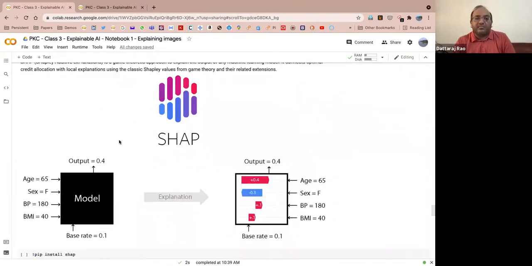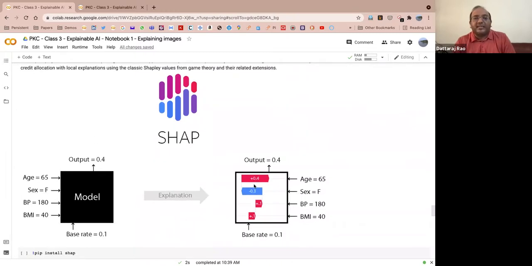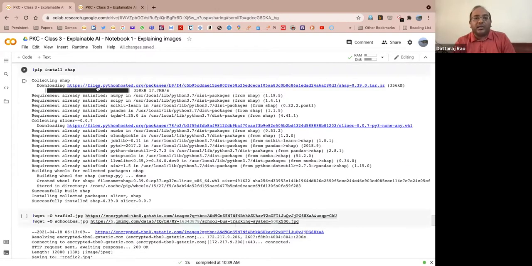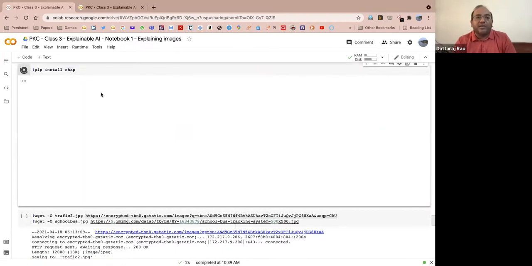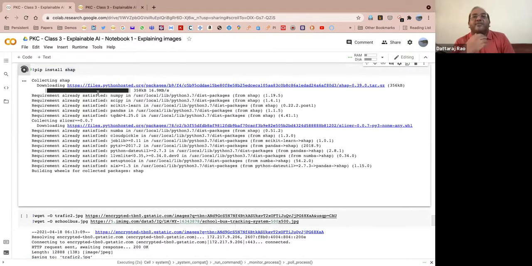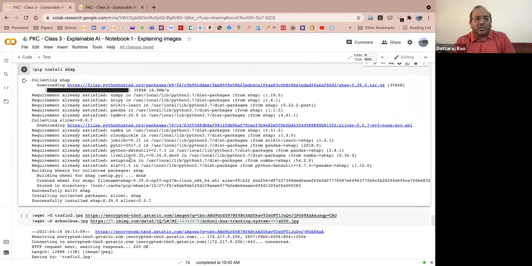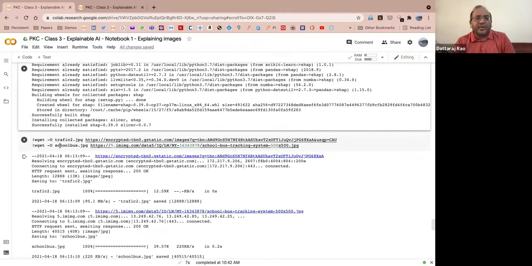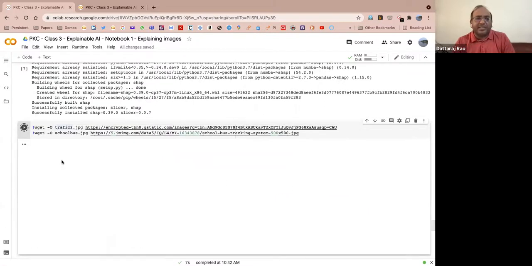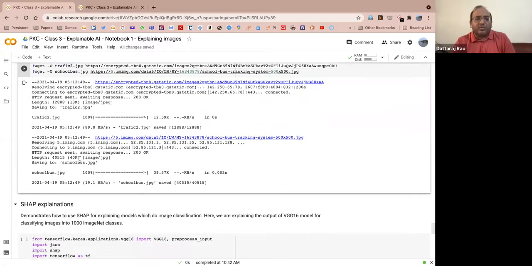So the second part, as we saw earlier, SHAP basically assigns some Shapley numbers, Shapley values, to each feature. And because of that, it tells you if it is a positive or a negative impact for that particular classification, for that particular output. So same thing we do in Colab. You'll have to install SHAP. When you use Google Colab, TensorFlow, Keras, and all of it are supported by default. But for SHAP, you'll have to install it. It's pretty straightforward. You just do an exclamation mark, pip install, and